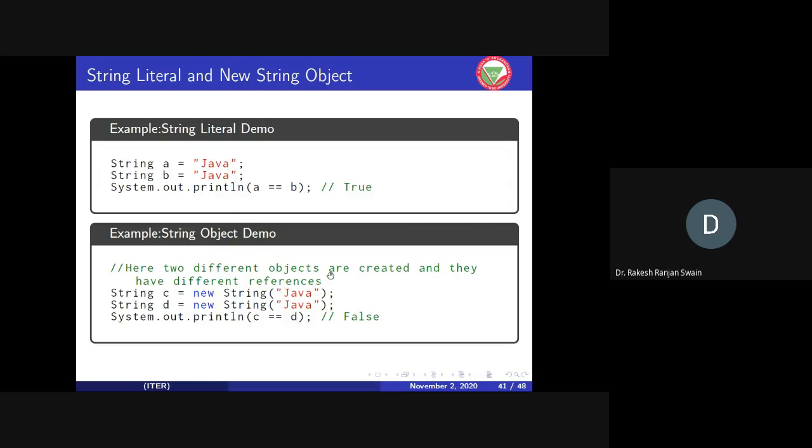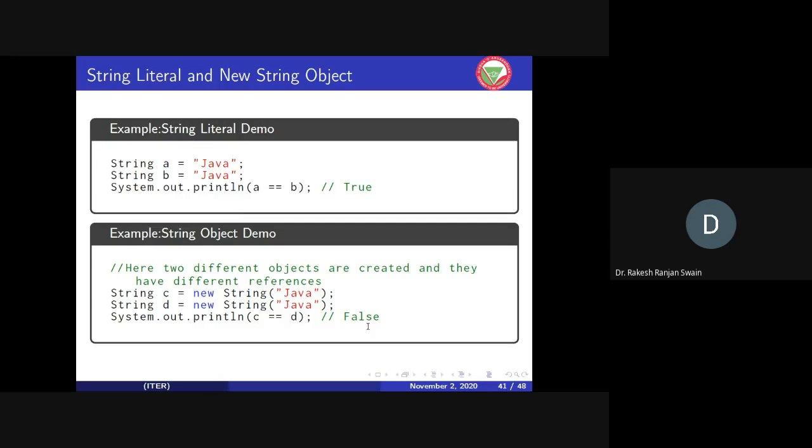But here two different objects are created, with different references. Suppose c = new String("Java") and d = new String("Java"). Here c has different memory and d has different memory. Whenever I check c == d, the content is the same but the memory is different. That's why the result is false.